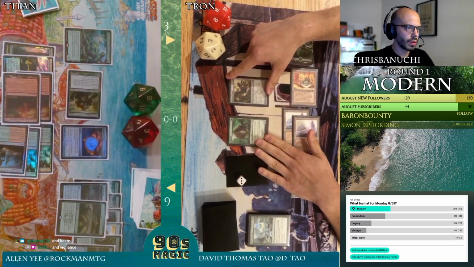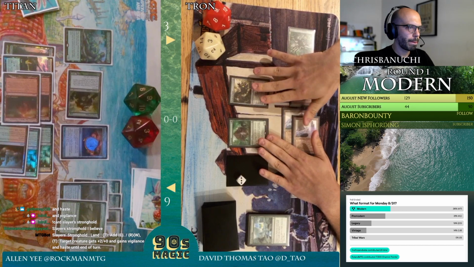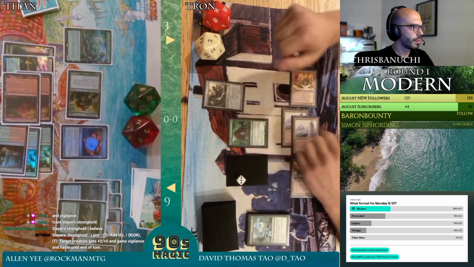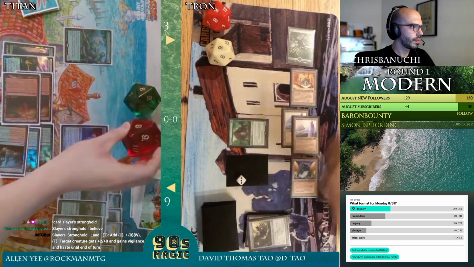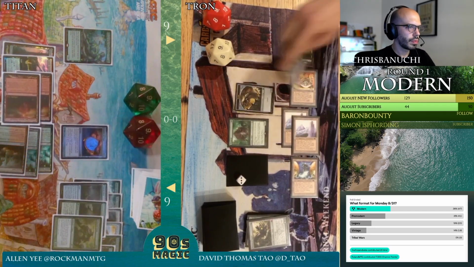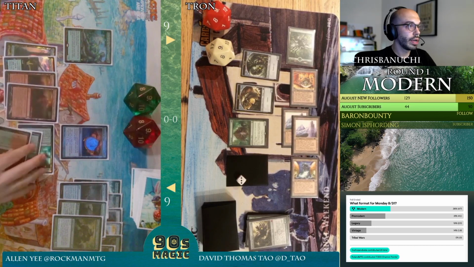Can I move to blocks? Yep. Going to block your Primeval Titan with Wormcoil Engine. Sure. Trade. Yep. And then you go to 9. Trigger. Yep. Okay, so trading a Titan for Wormcoil Engine. I have no idea if that was correct, but